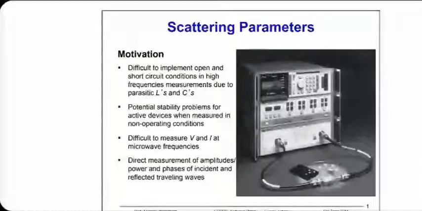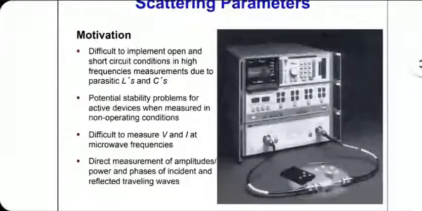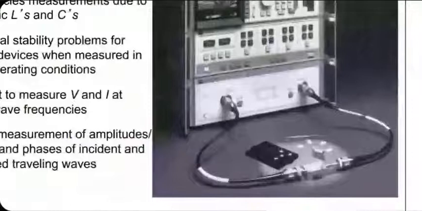This equipment that you see on the right does it in real life. This is called a vector network analyzer. We have, I think, 2 of them in our labs. It's a very complicated instrument. You see 2 ports right at the bottom, 2 coaxial cables coming out, coaxial lines. And at the end of them, you connect the circuit, or the network, for which you want to measure the S parameters.